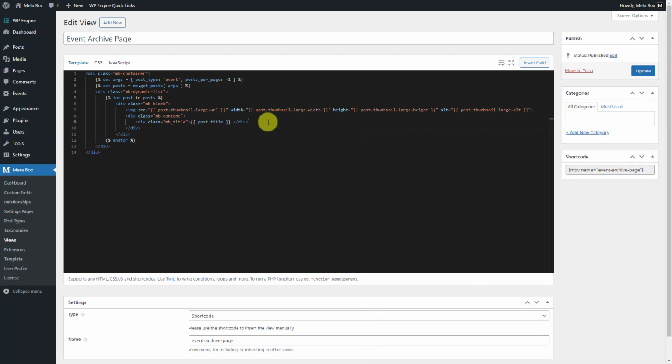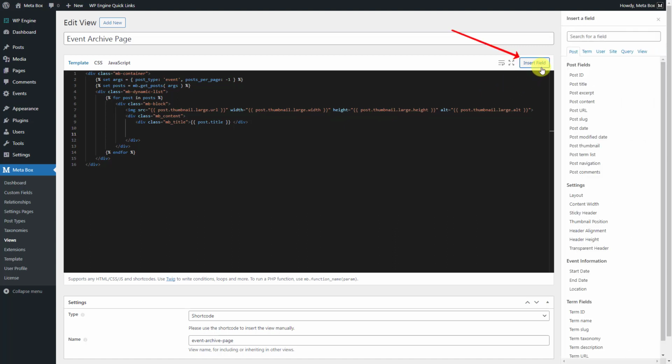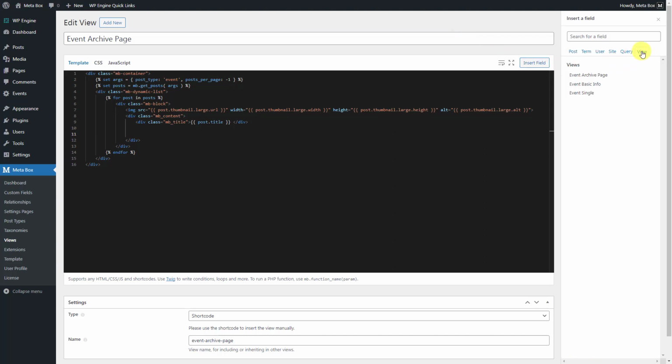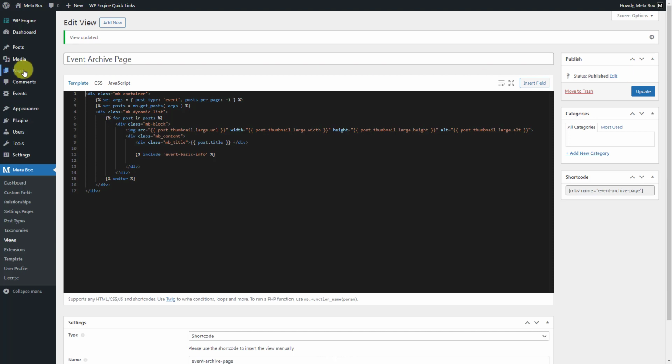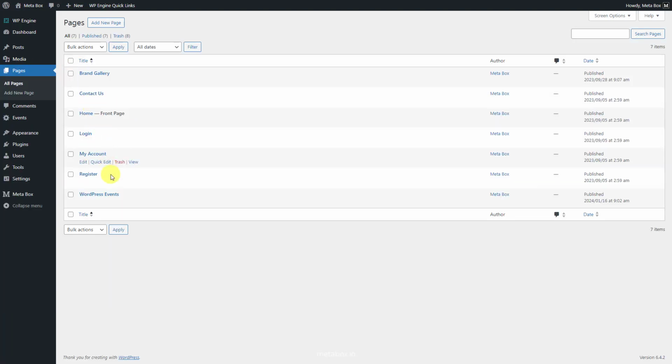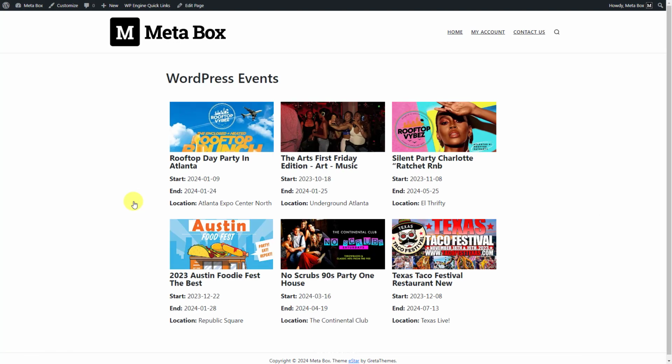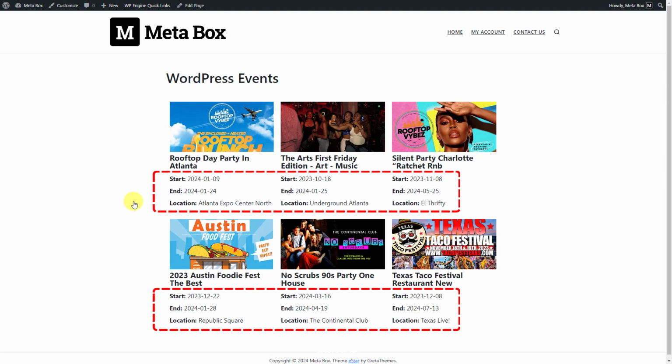In the template, look for the place where you want to add the section to. Click the Insert button, and add the created template part as the way we did with the singular page. Look for the View tab, and choose the name of the template part. The same line of code is generated exactly with the one added in the singular page. Save this template, and go to the archive page on front end. You also see the extra data displayed as in the singular page,